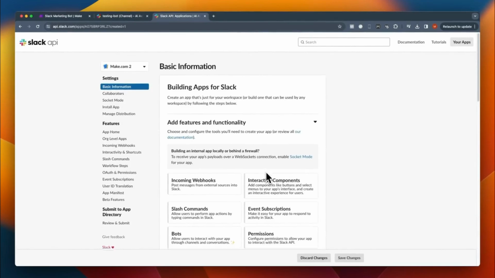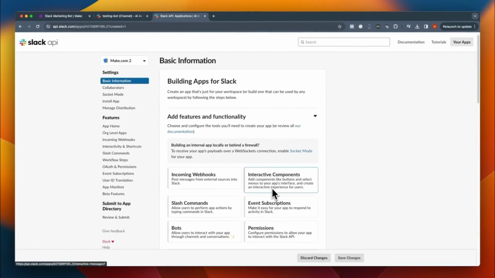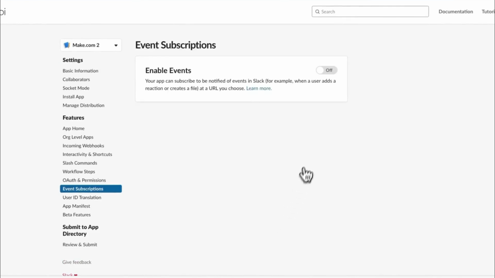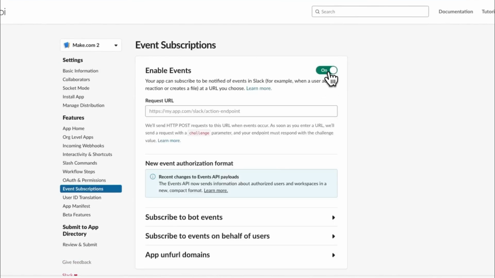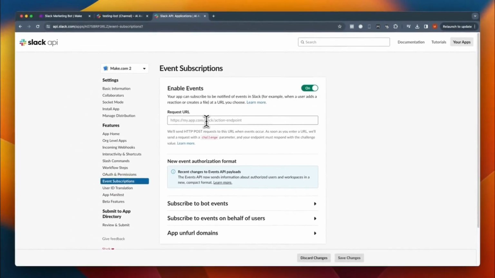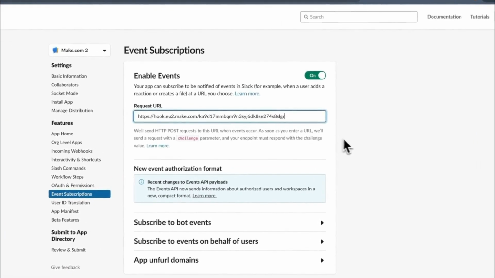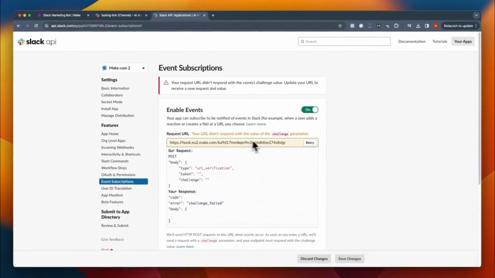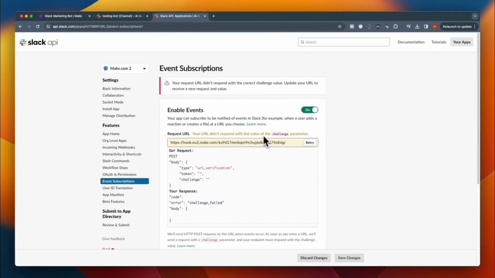Now, the functionality we need in order for this to work is event subscriptions. So we're going to click Event Subscriptions, and then we're going to click Enable Events. Now, you're going to see this box here that's asking for a webhook. Luckily, we already copied our webhook from the previous module. So we're simply going to paste it in, and you're going to see it comes up here with an error because it didn't respond with the value of the challenge parameter. But that's okay. We're going to come back to Make,